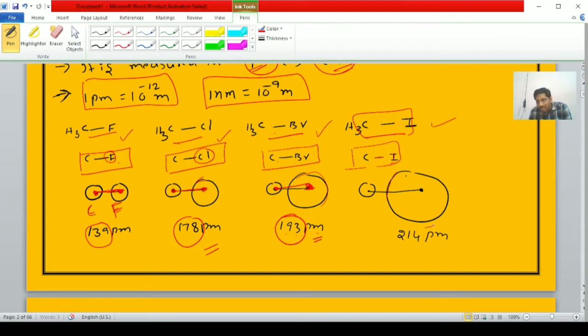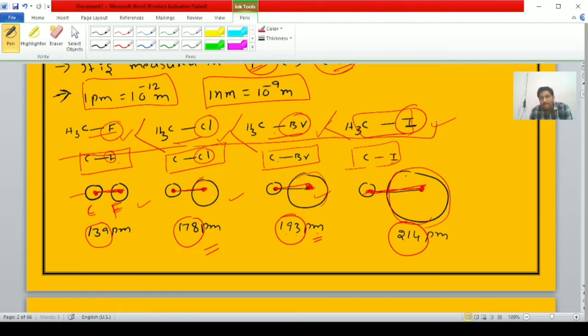The iodine atom has a larger size than bromine, chlorine and fluorine. Hence, the distance between nuclei of the carbon and iodine atoms will be more. Hence, the bond length will be more. Therefore, the carbon halogen bond length increases from methyl fluoride to methyl chloride, methyl chloride to methyl bromide, methyl bromide to methyl iodide. The carbon halogen bond length increases from methyl fluoride to methyl iodide.